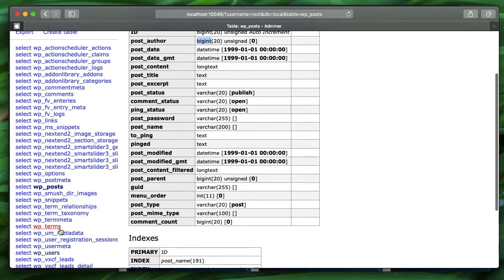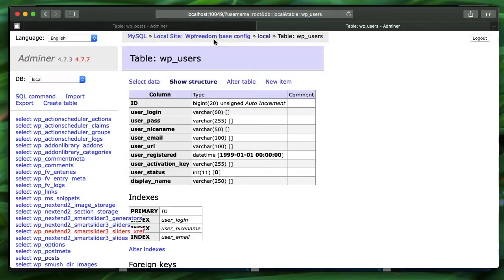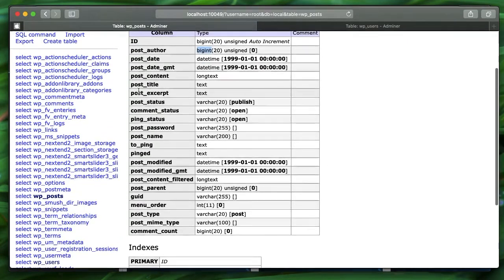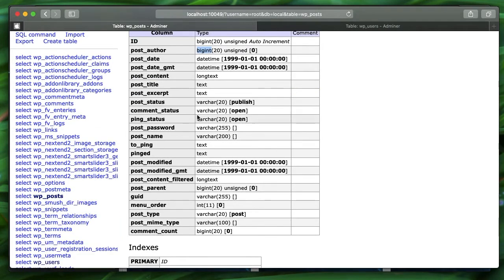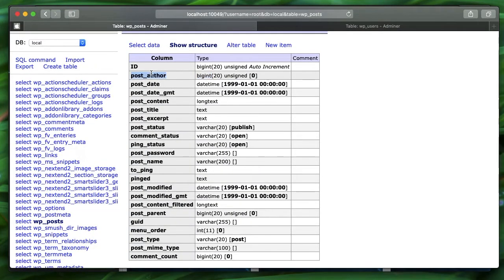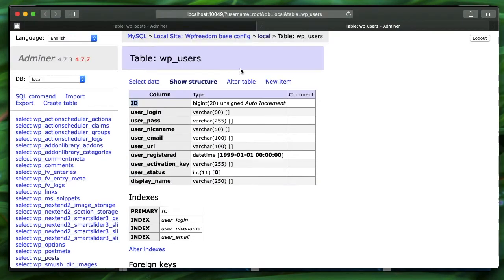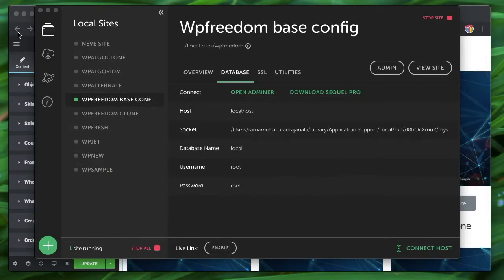Now if you look at the users table, since we're comparing the post author to users, we have to look for the data which is similar, and in this case the big int is the ID itself. So we're essentially comparing post author, which is a big int, to ID, which is also a big int, and that is what is being translated over here.